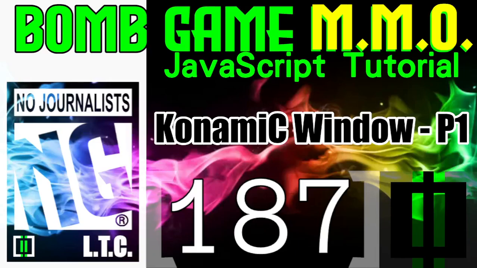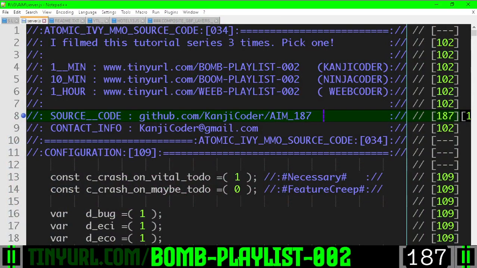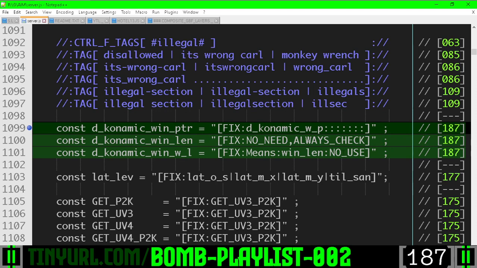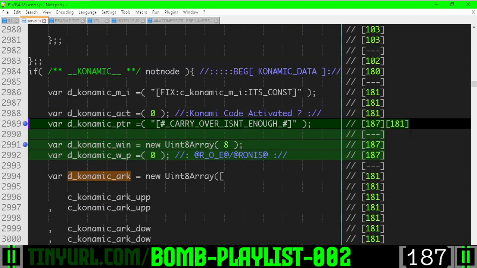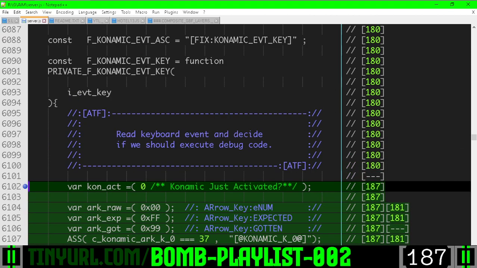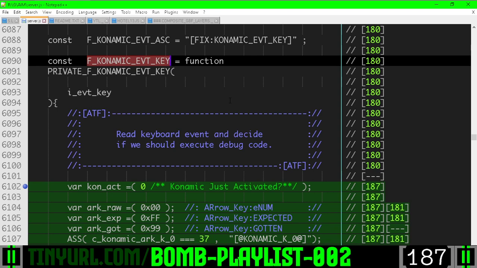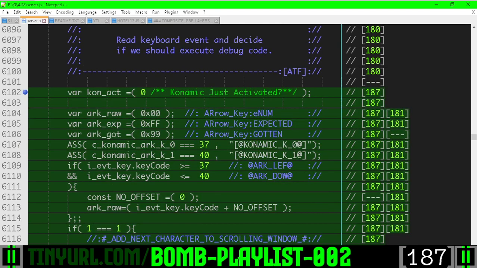To get more user-friendly behavior for detecting the Konami code, we are going to use a scrolling window. These are disallowed variables. We're no longer using this variable here. Instead, we are using a scrolling window and a scrolling window pointer. In the Konami function, where we are looking at the key presses, we now have a variable for if the